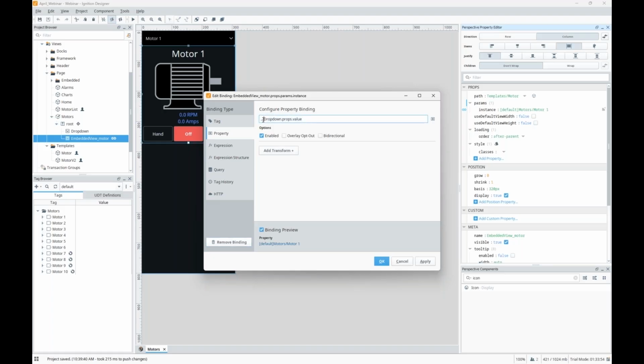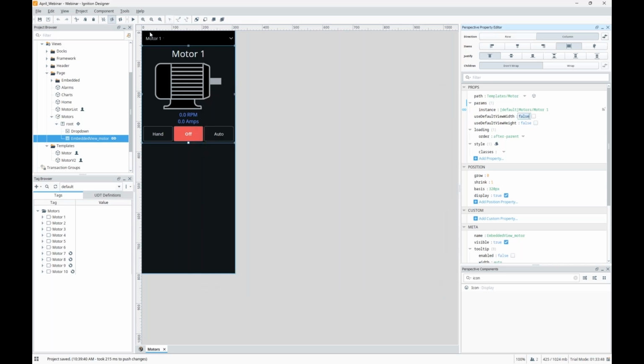You can see I'm looking directly at that dropdown to look at its props and the value that we're selecting. So anytime that we select a new motor, you'll notice I'm looking at a different motor, right? So the end user can look at any motor that they choose as long as the option is there in the dropdown. So really basic example, right, of how to use components together on a screen.